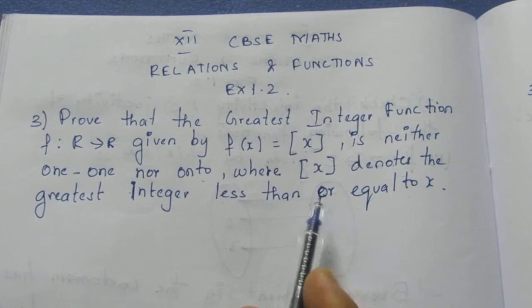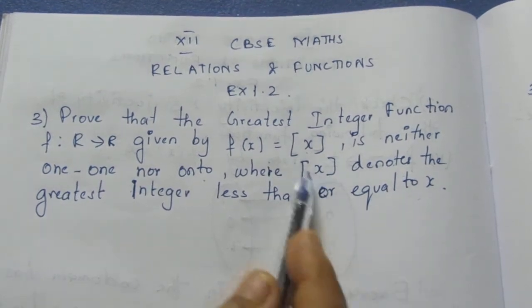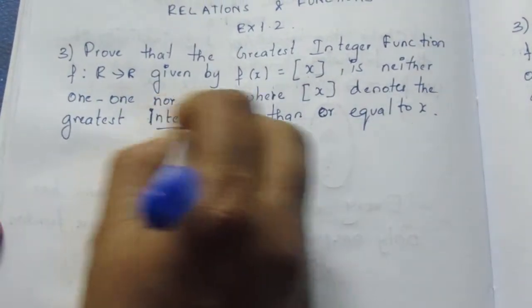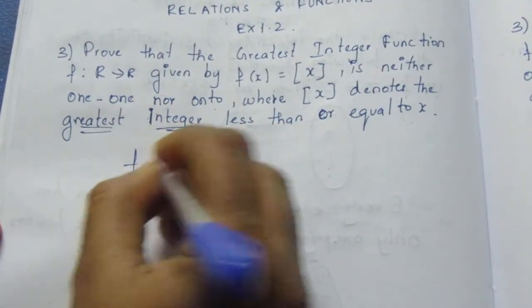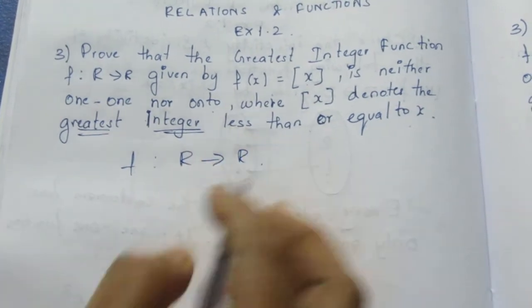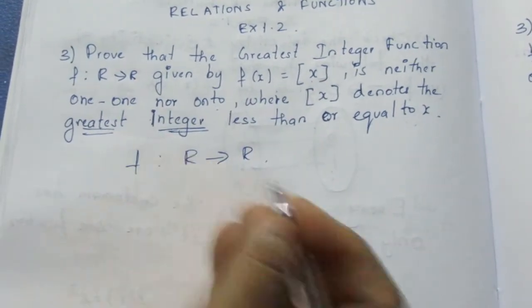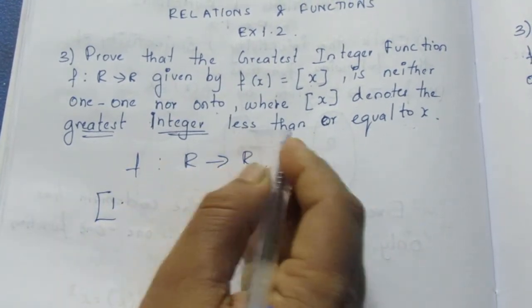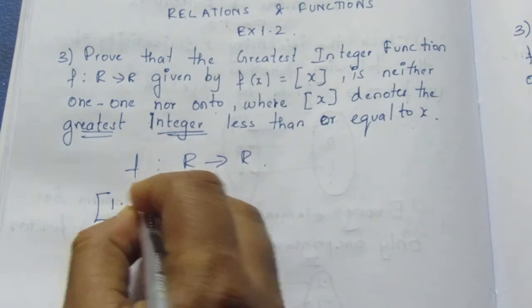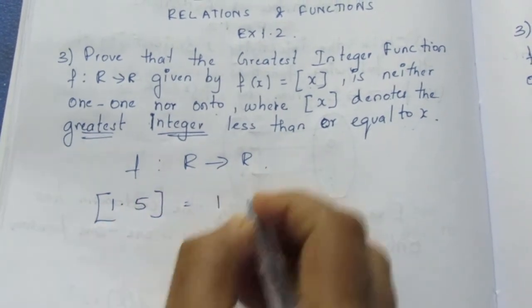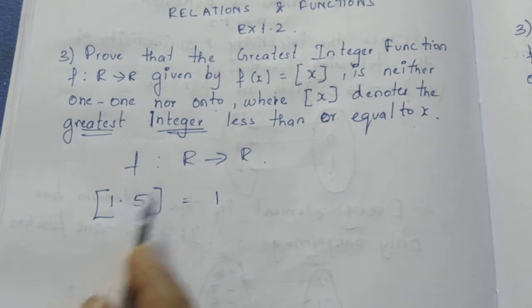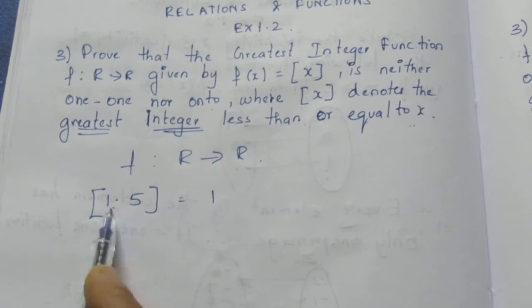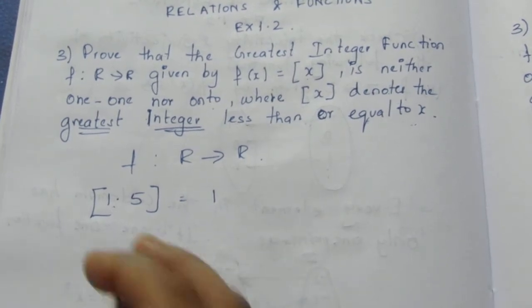So it is less than or equal to the x value. Now the given inside value is the greatest integer, but your function given here is R to R, real numbers to real numbers. So let me give you some examples. If I take 1.5, it should be less than or equal to x, so it will be 1. Removing the bracket, it should round off to the value less than or equal to the inside value. So inside value 1.5 means it will become 1.